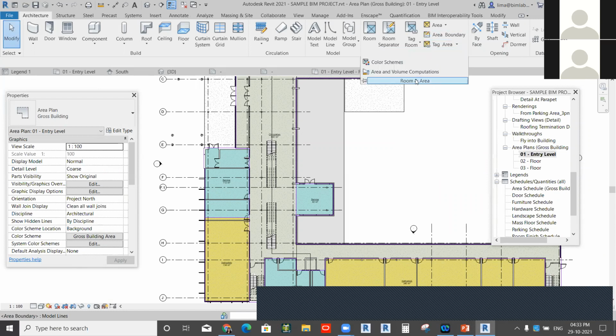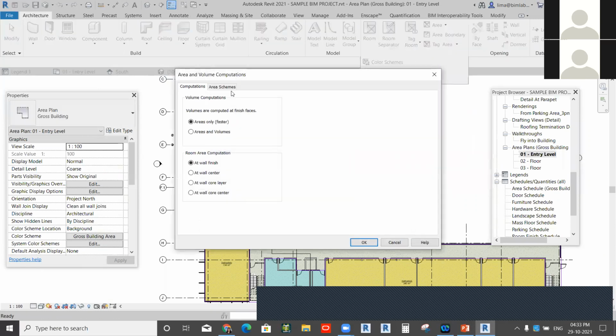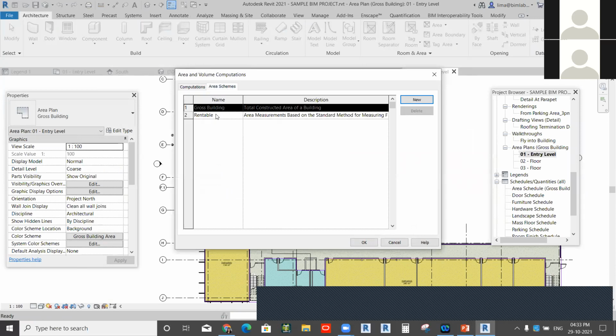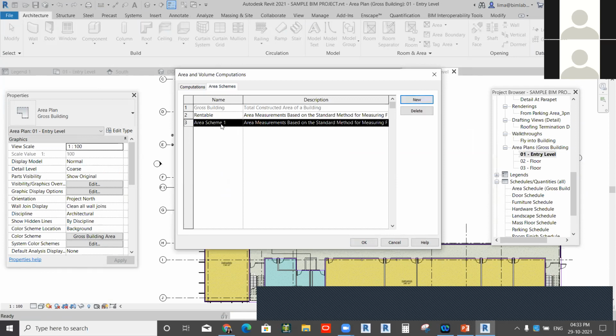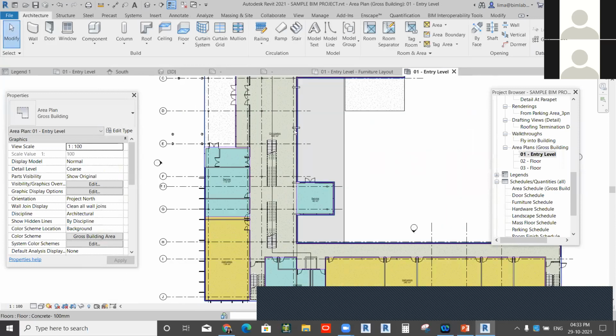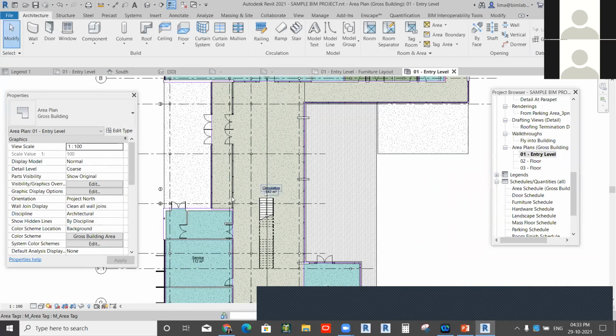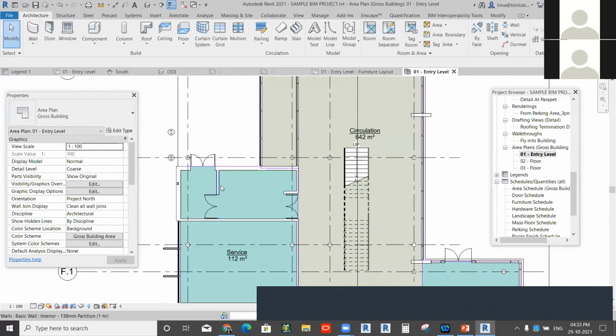And the scheme also, you can set the area scheme, area and volume computation. By default, there is gross building area and rentable area. If you want to add any other area schemes, you can go for that. So individually, you will get the areas here.